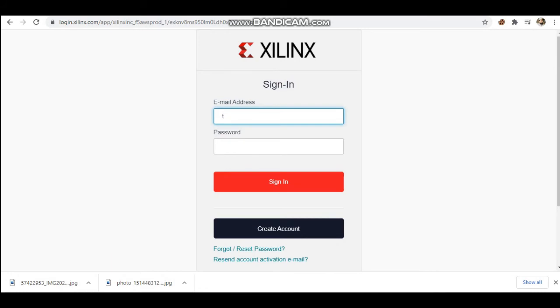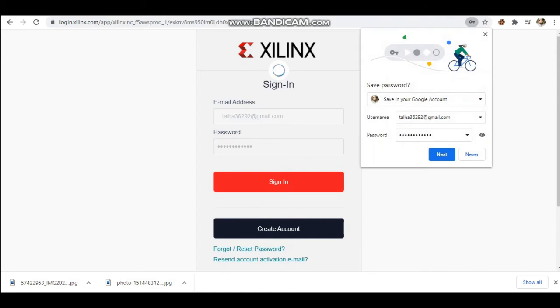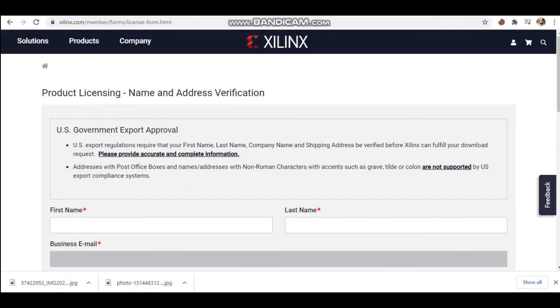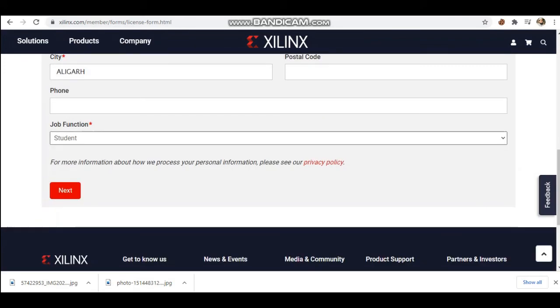and I will log in again. So after login, I will get the option to download the free license which is available for the software for learning purposes. So now after logging in, I have to click next again.